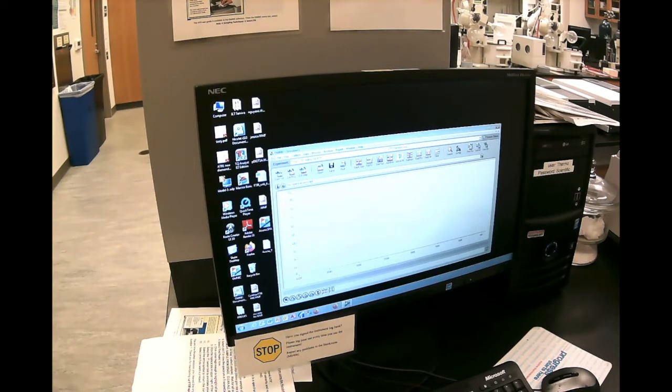So now the computer is connected to this machine. So what do we do first? We want to make sure we collect a background. The background being anything that's touching now the infrared beam, and basically it's air. So what is in the air? We have carbon dioxide, we have some water moisture, and you might have some residual junk, hopefully you don't, on your machine. So what you do is, first of all, before we collect the background, you make sure that your infrared,